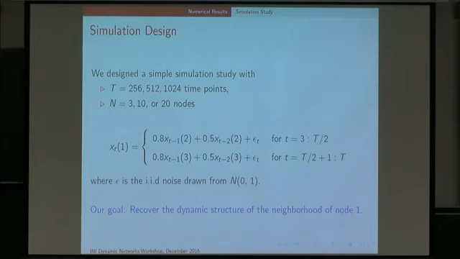The setup for the simulation design is very simple. Because the network that I was going to show you with the MEG also has only 3 nodes, what I'm showing you here is just a simulation from only 3 nodes. Again, it's an embarrassingly small network for a complex network audience, but it does interest directly our colleagues that we're working with. This just sets up a lag 2 type model. We're looking at the neighborhood of node 1 as a function of the influence of nodes 2 and 3, with a growing number of time points. He also looked at a variety of different network sizes up to 20. For the particular MEG they're working with, they wouldn't go much more than 20.